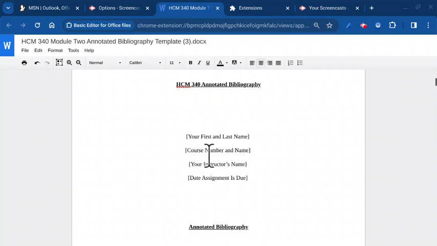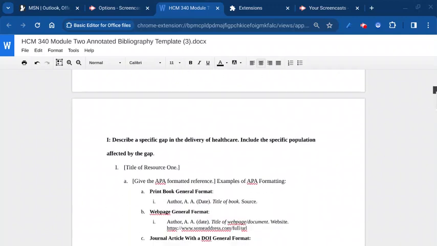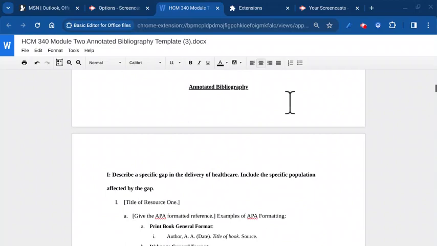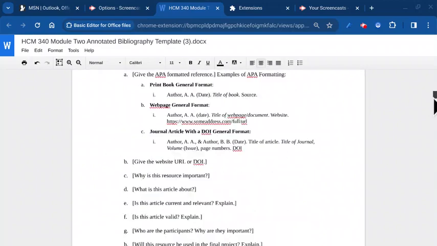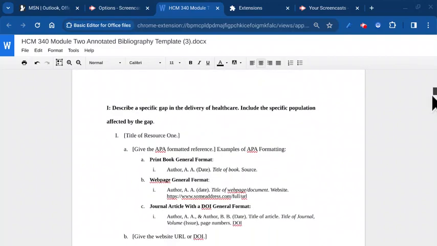Put in the course number and name. Put in my name and put in the date the assignment is due. And get rid of the brackets each time. You can keep the title annotated bibliography, which is right here. And from there, this is where you're going to start putting in resources, which should help you as you write